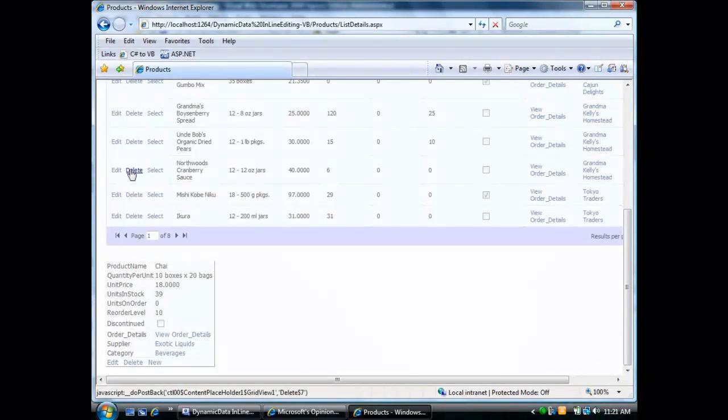And remember that because you can specify different actions, I could say I want the edit action to be handled inline, but I want the insert action to be handled by a separate form. So you can get pretty clever in terms of making your application look and work exactly the way that it should. So in this case, if we say select, notice